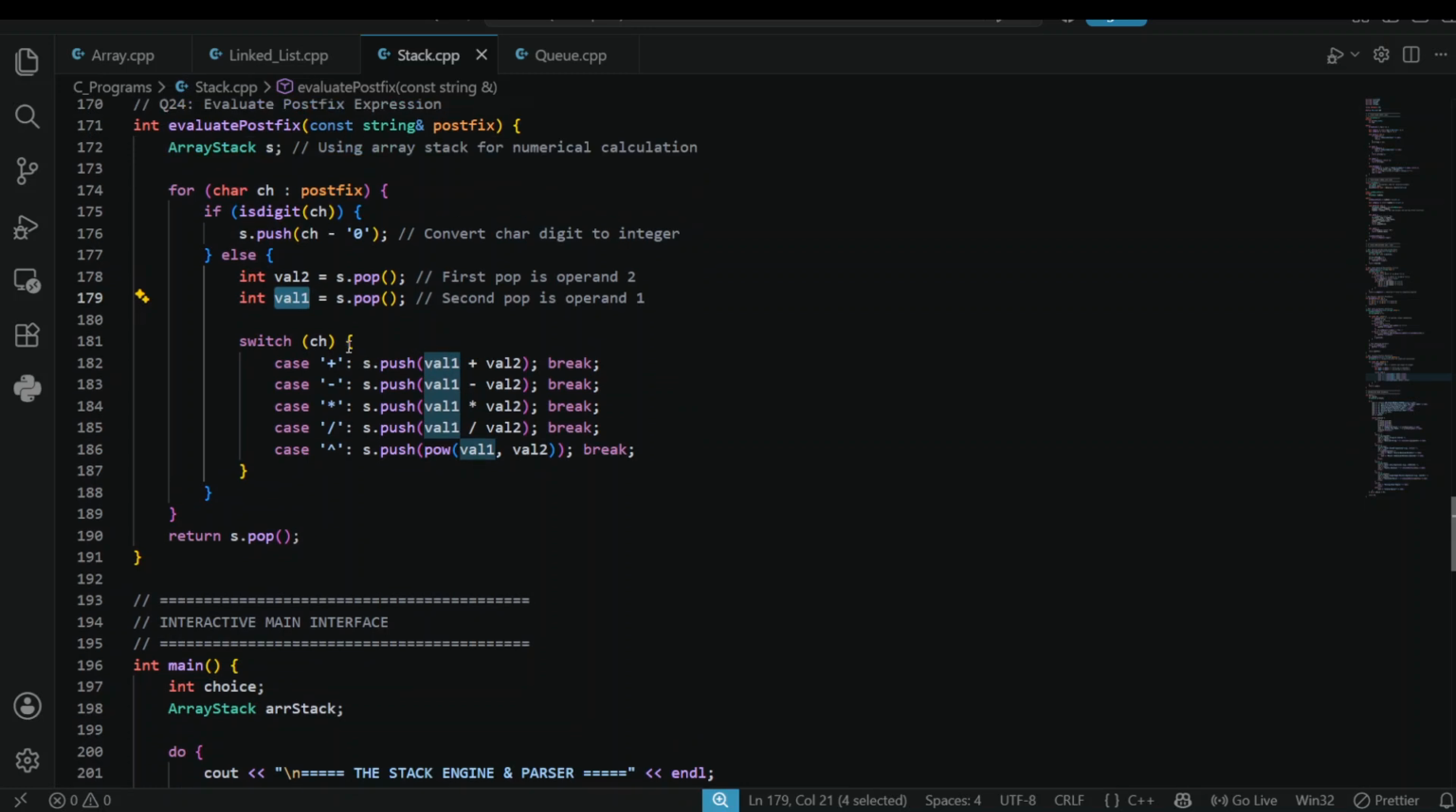So again, switch case, switch ch. We are putting the character into the condition. If the character was a digit, then this will happen. Otherwise, the character is an operator, so this will occur. Okay, declaring two variables and then popping out,